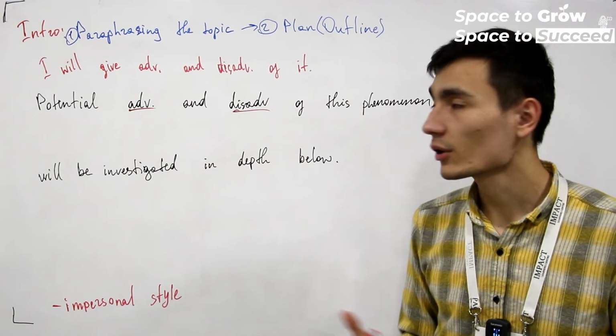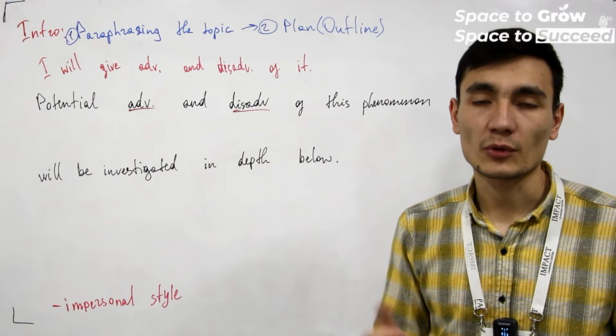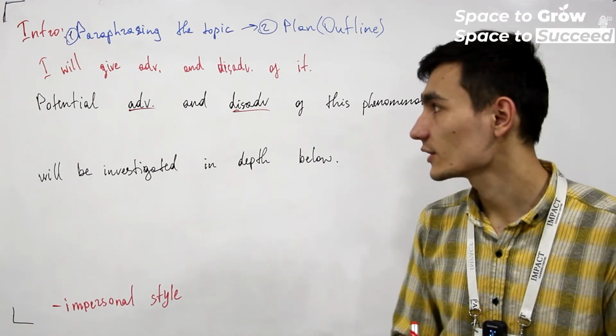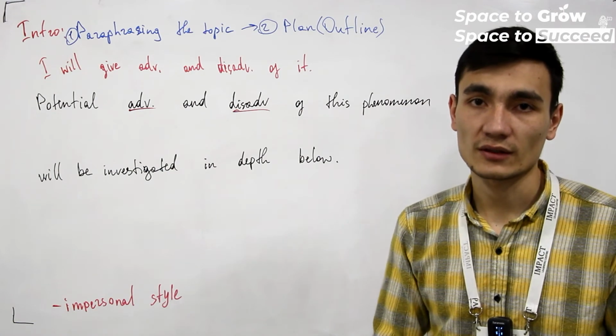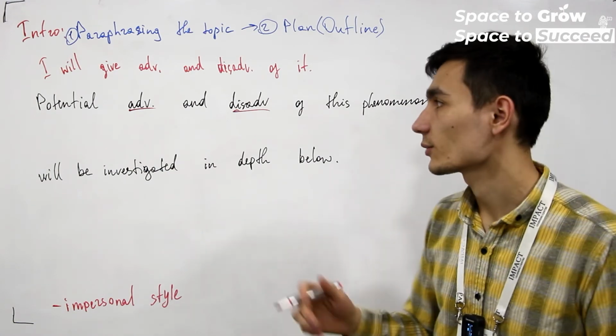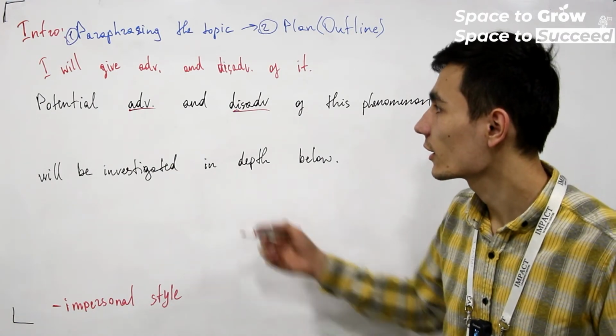Because in a body paragraph also, if we say advantage, disadvantage in the introduction, in the body paragraph we have to repeat the word again, advantage, advantage. So we have to find some synonyms for the words advantage, disadvantage, so that you will have a better chance of getting a higher score in this part. And instead of advantage, disadvantage, what kind of synonyms can we use? And they are